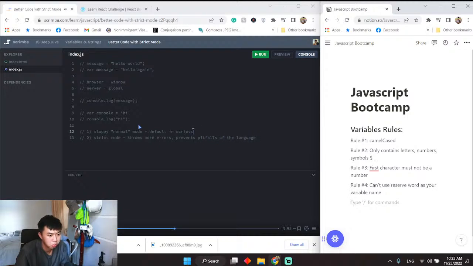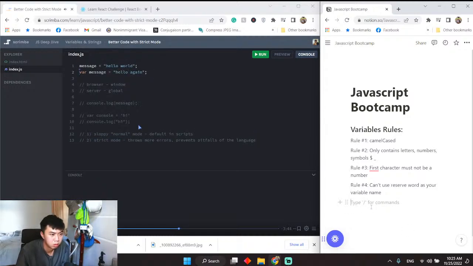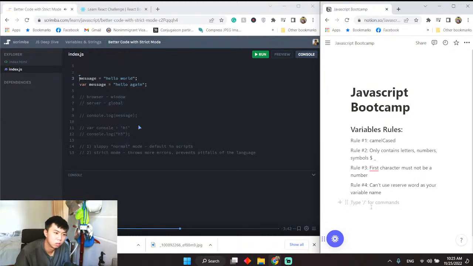So, as I mentioned, since we're in sloppy mode right now, let's try putting our code in strict mode. So let's uncomment our previous code, our example from the beginning, and to put our entire program in strict mode, we can switch on strict mode for a complete file by putting the following code on the first line. We use the string use strict, two words, written exactly like this. Now, if we try running our previous code in strict mode,